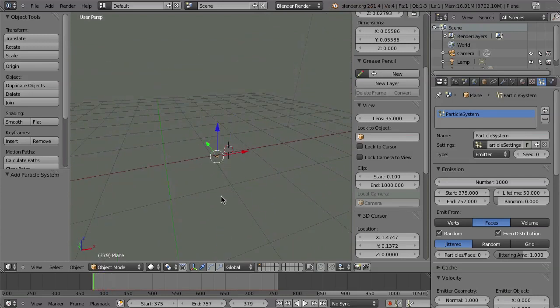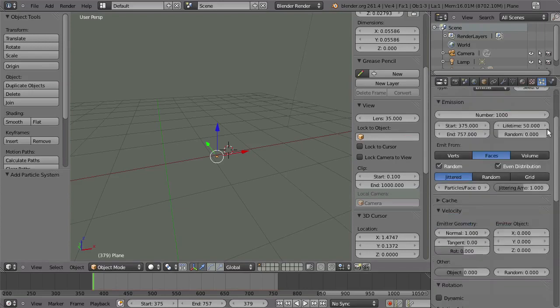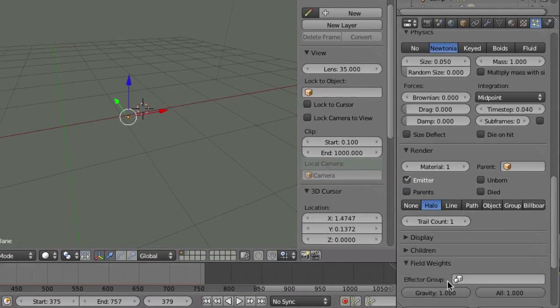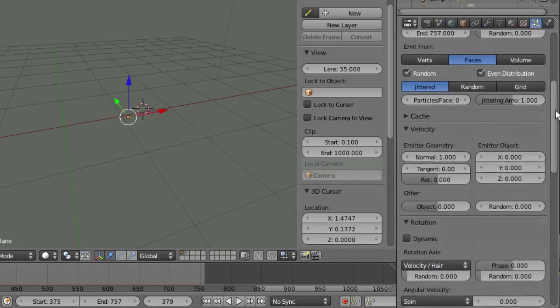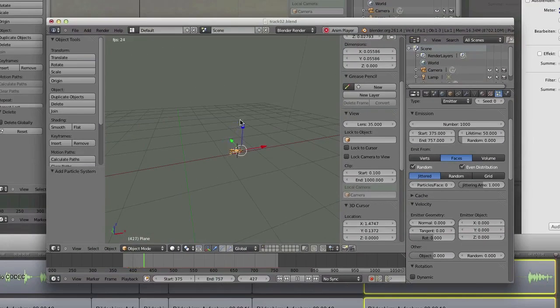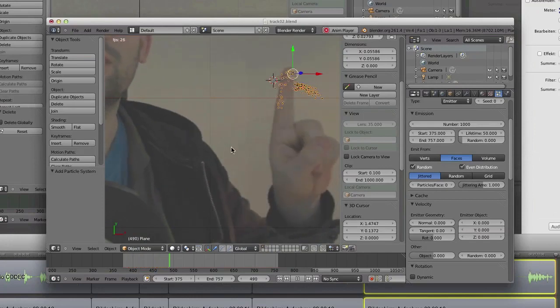Now to stop that, you can just turn off gravity. And you can do that for the particle system or for the whole scene. But let's just maybe disable that for this particle system. So scroll down, and then in the field weights, you have this gravity setting, and just drag it down to 0. And now, well, now it's the other direction, but that is because of the emitter setting, and that is here in velocity. Now it is set to normal 1. So of course we have to set this to 0 as well. And now the particles just stay there where they have been emitted.